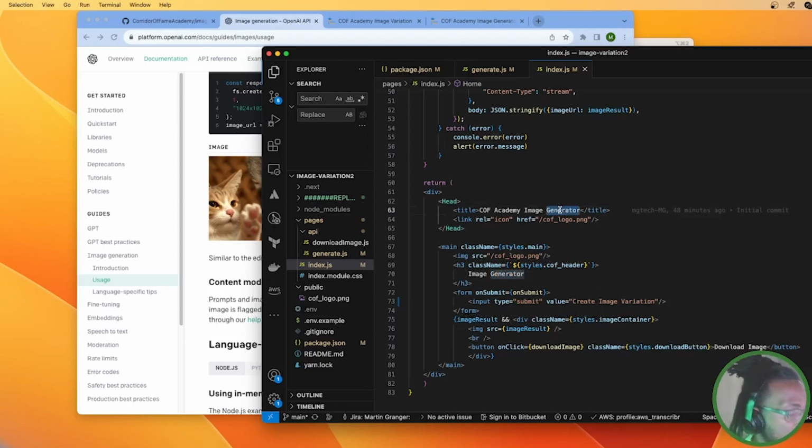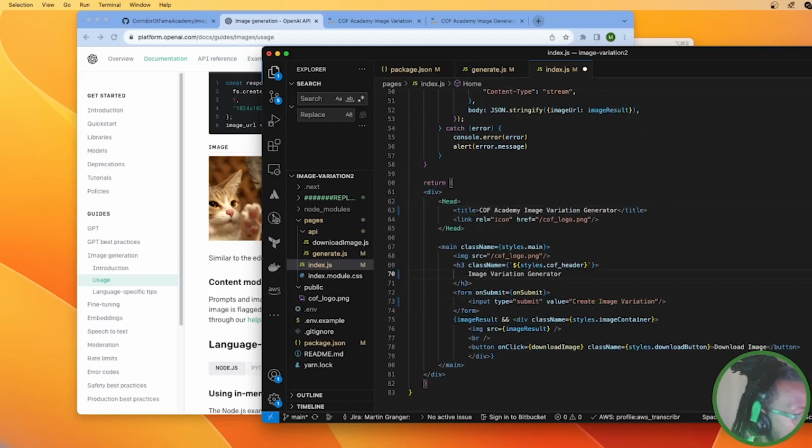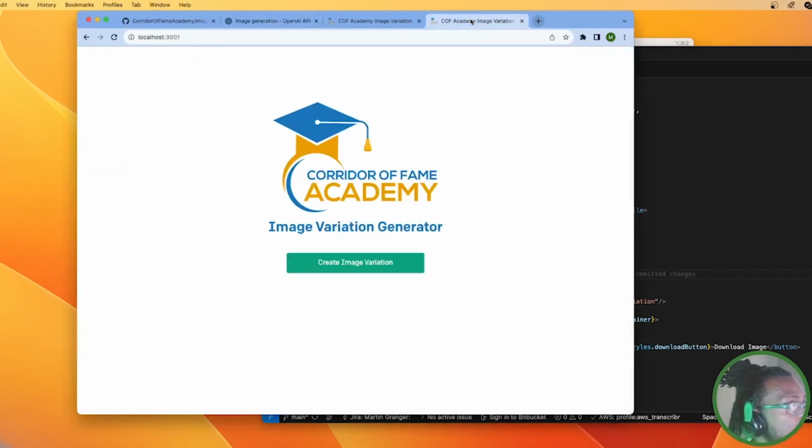Instead of saying image generator, image variation generator. Okay, save that. Now I'll make sure I'm on the one with 3001, and I just want to refresh that. All right, now I'll click create image variation,